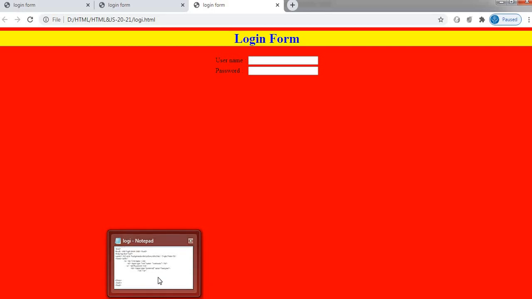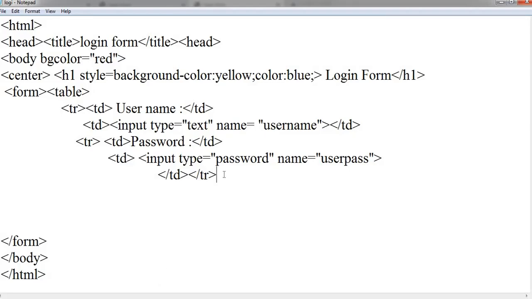Again, one more button we have to take, that is the submit button.